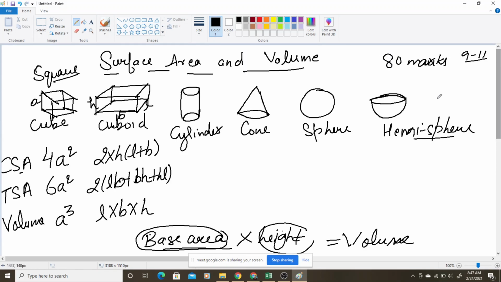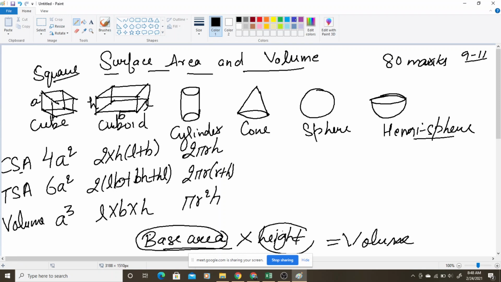वहाँ पे था ऐसा. Similarly for cylinder, if you are finding the CSA, you know we have discussed about the formula already. That is 2 pi RH. Okay, then TSA, if you are finding, 2 pi R plus H is there. Then volume you are finding, pi R square H. Most of the students are doing mistake while writing the formula already. Every time I say, if you are writing a correct formula na, at least you will be able to get half marks. हाफ मार्क्स तो मिल ही जाता है if you are writing any correct formula in any question. So just remember all these formulae.